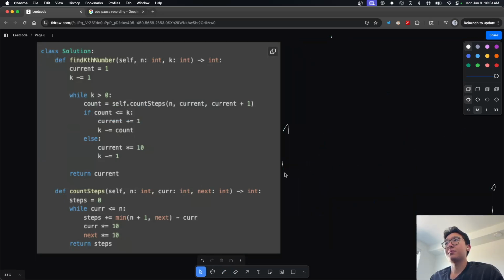Delete all this. Okay, so we start with 1, and we want to get all the prefixes, all the range between 1 and 10. Actually, no. We're going to get all the range from 1